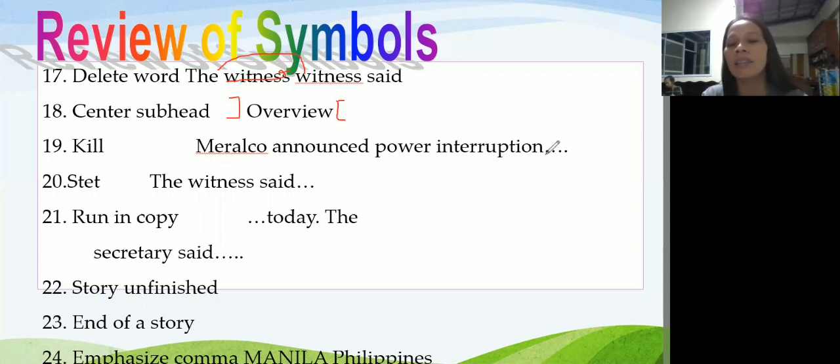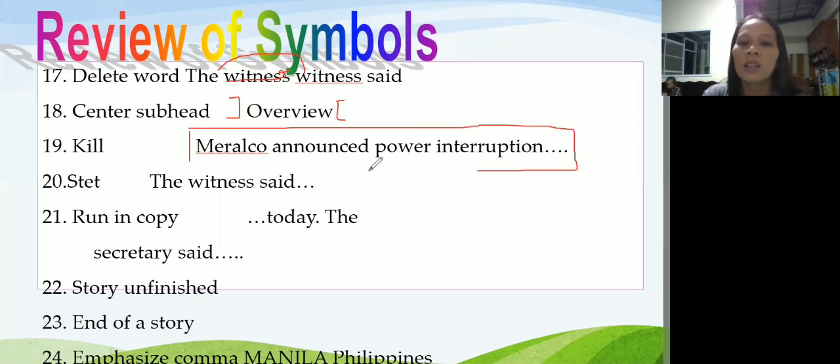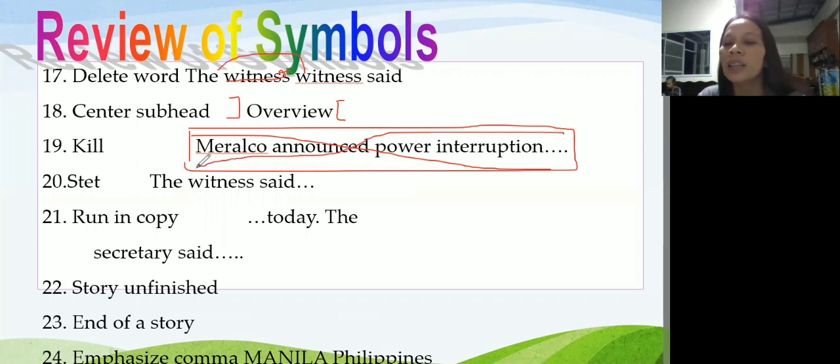Kapag ang isang sentence or paragraph ay hindi related sa balita, sa news article that you are editing, you have to put box and then X. Ano pa yung ikinikill? Yung mga opinionated na phrases or sentences, kinikil din yun like this.